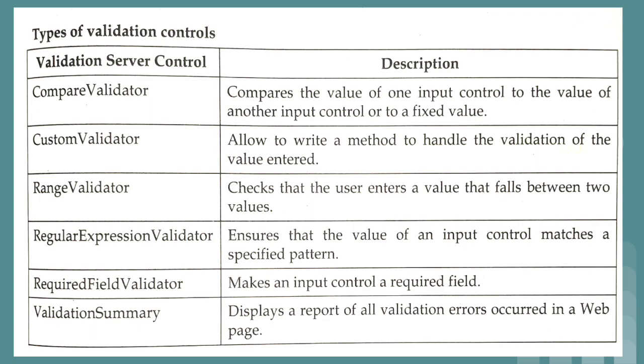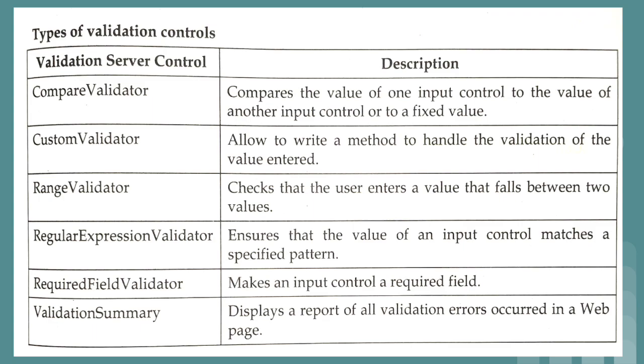Next one is required field validator. Basically the best example of this particular validator control is that we are filling so many forms. In that, a red color asterisk symbol is given after the question most of the time. As we all know the meaning of that red color asterisk, whenever any question has a red color asterisk, that particular field is mandatory. That is possible with the help of required field validator. Whenever we want that the user should enter some value compulsorily into a specific text box, then we can validate that particular text box with the help of required field validator.